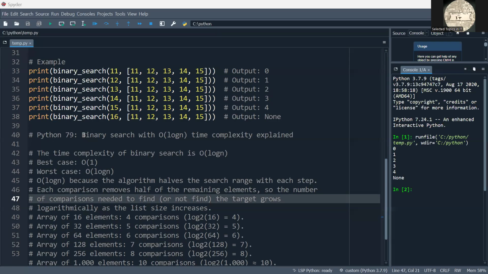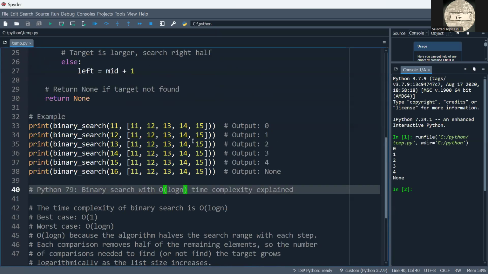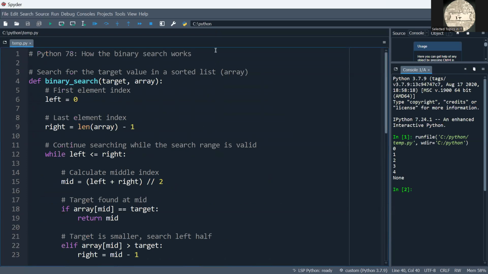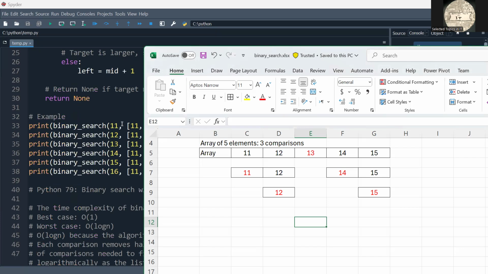In this video, I'll be explaining the binary search's time complexity and why it's in the order of log n. If you wanted to know how the binary search works, please refer to the previous video titled Python 78, How the Binary Search Works. We've talked about different searches for that particular program where the array was 11, 12, 13, 14, 15, and we showed the number